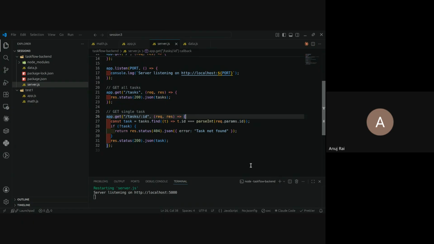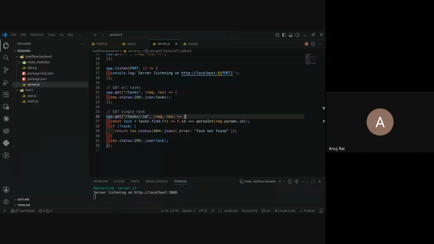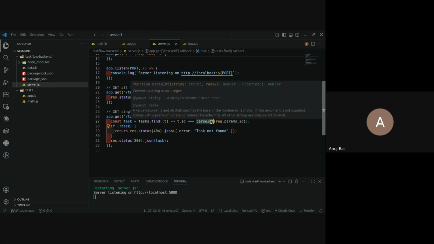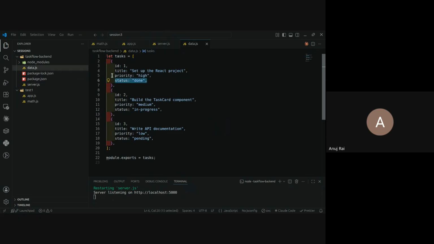So here, whatever param ID I'm sending in the route is considered as ID, and I am getting that ID. I'm converting it into an int because all my IDs are int, and then from the task list, which is the list of these tasks,